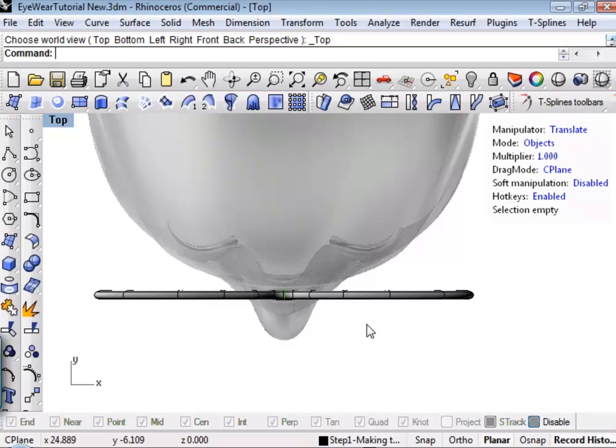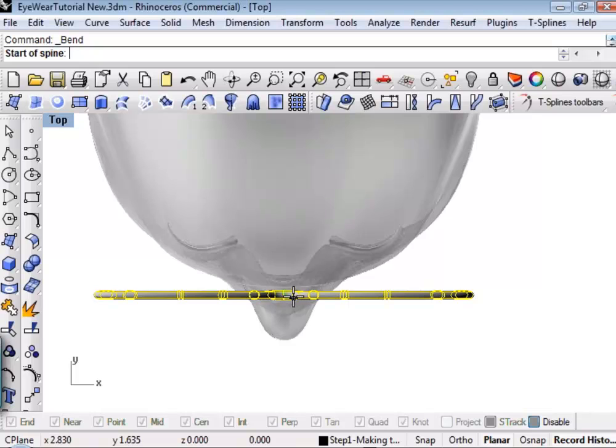And then this is something that not a whole lot of people know. You can use all of the Rhino deformation tools on T-Splines objects. The thing to keep in mind is that you want to do it at the vertex level. And the reason you do that at the vertex level is if you apply the deformation to the vertexes, it will keep the object as a piece of T-splines geometry. If I apply the deformation at the object level, if I go to the object here, and I deform this,